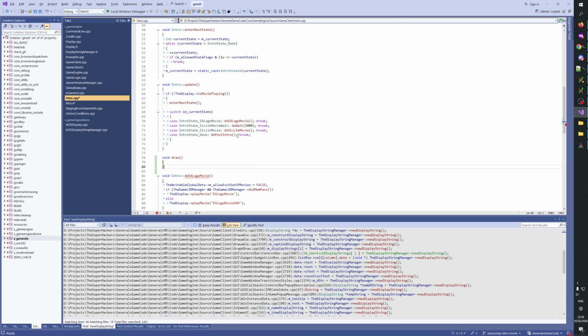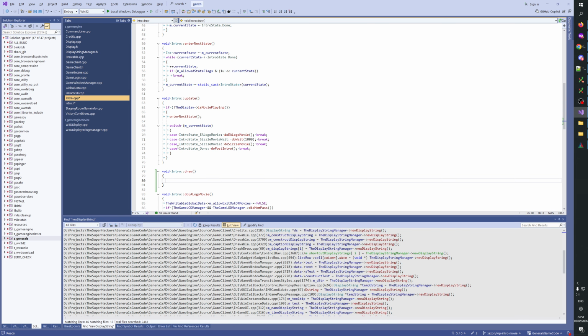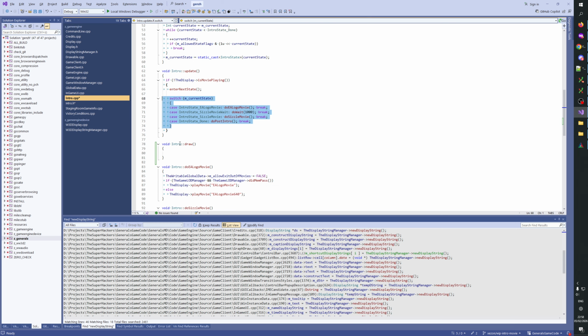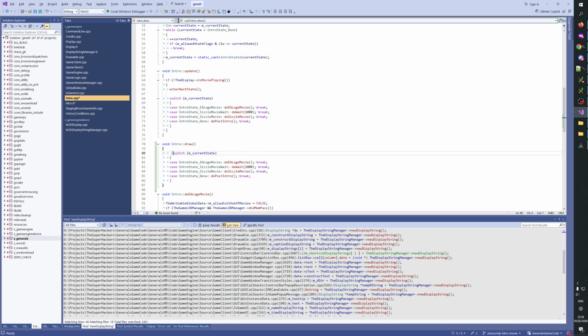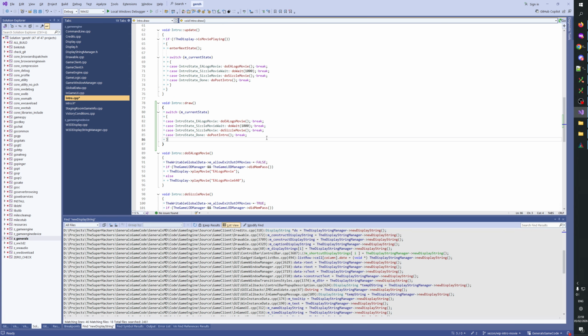And then we need to say, yeah, logo to wait. Then draw current state, and then we do